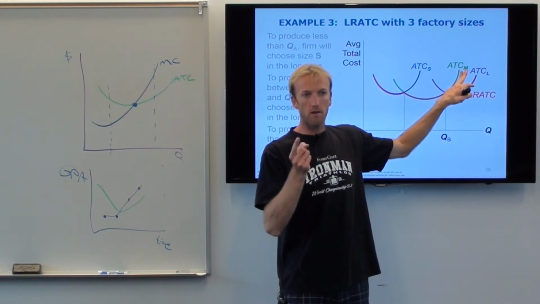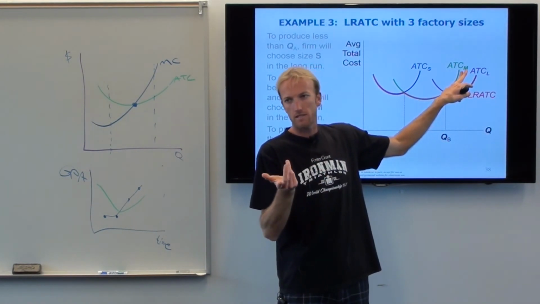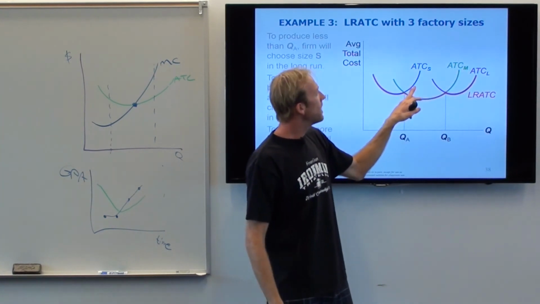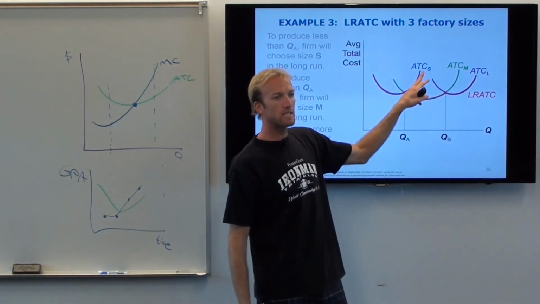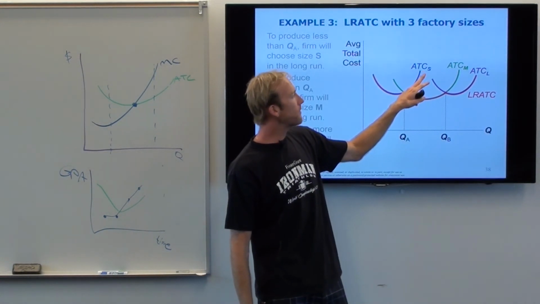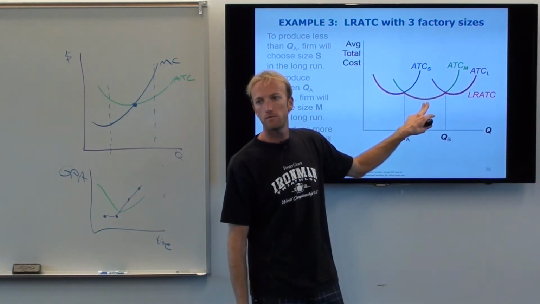I can do that in the long run. I can't do that in the short run. That's because it takes like a year to build a factory, right? So I can do that in a year. And then no longer do I have these crazy costs getting out of control here because all my workers are smashed into 1 factory. Rather, I have a bigger factory, so my costs fall, right?